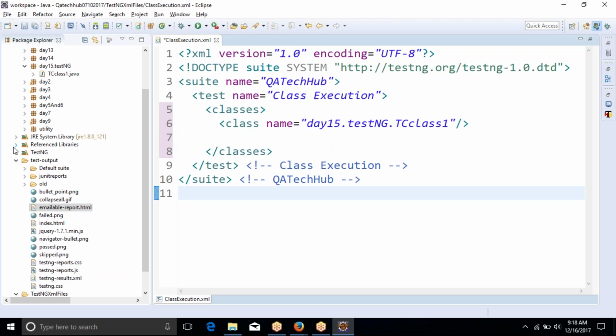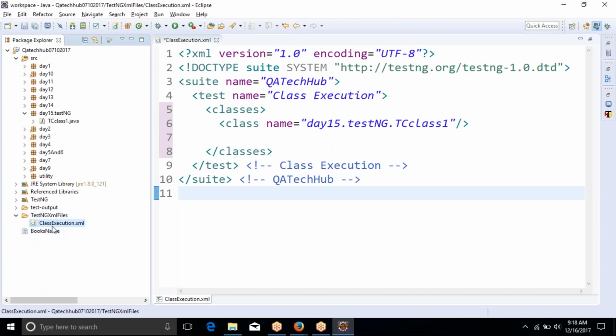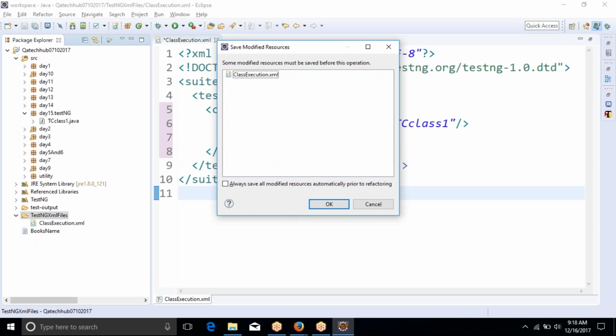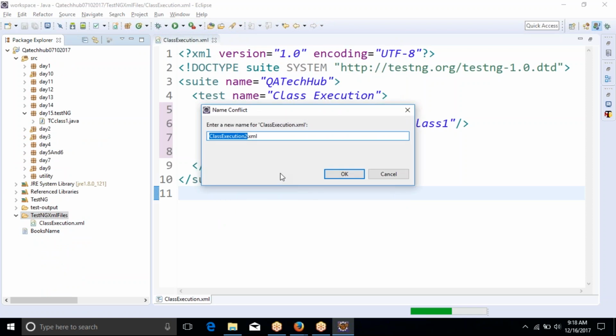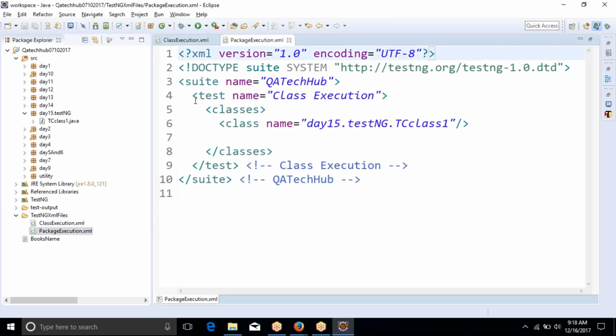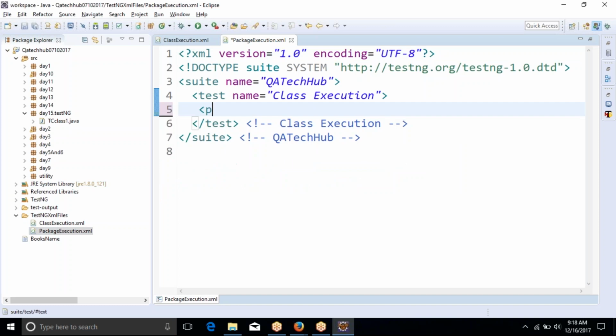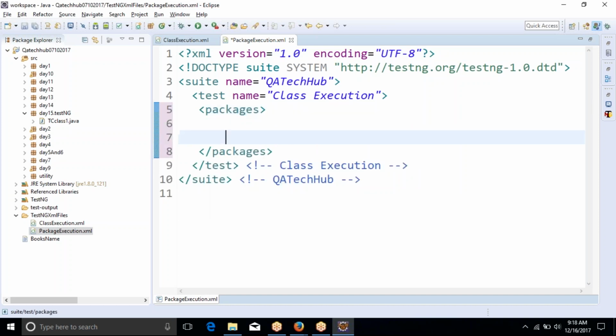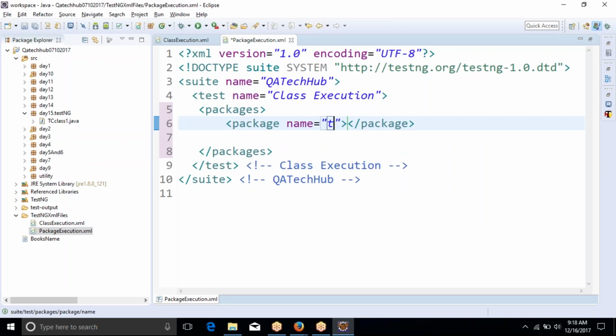Okay, I'll create another class file. Copy it, paste it, change the name. Let's say I'm changing it to package execution. Okay, and in package execution I will remove all the classes and include packages, and the name of the package will be day15